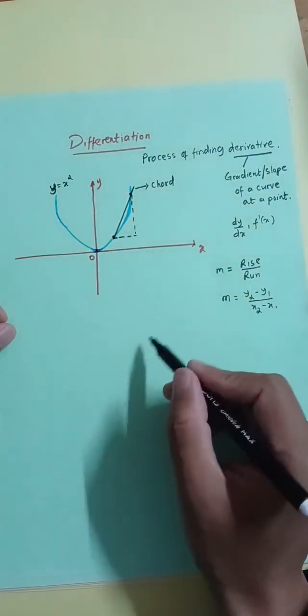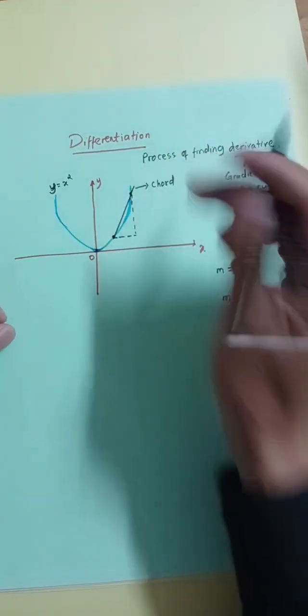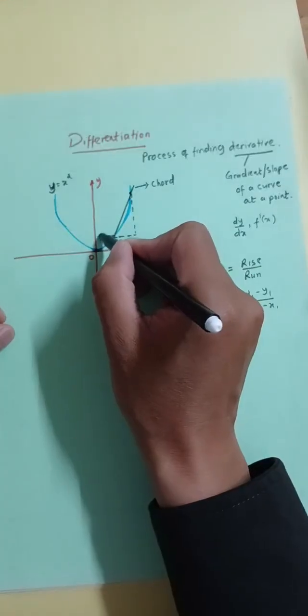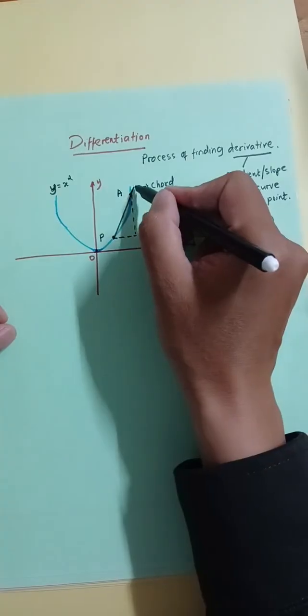Rise over run gives the slope. When you want to find the slope of the given line between 2 points, call one point P and the other point A, the points at which your line